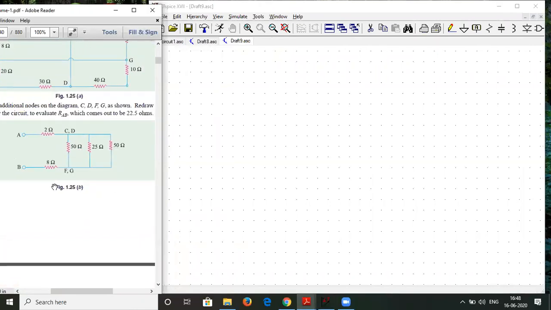We are building this network and we have to find the equivalent resistance RAB. Everyone has become adept at this now, so it is a trivial task for all of you. But we are learning a simulation software, so we always start with simple examples before jumping into bigger ones. So let us build this. You can also try this on your own simultaneously.